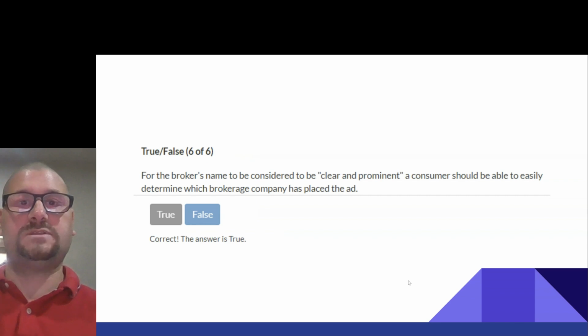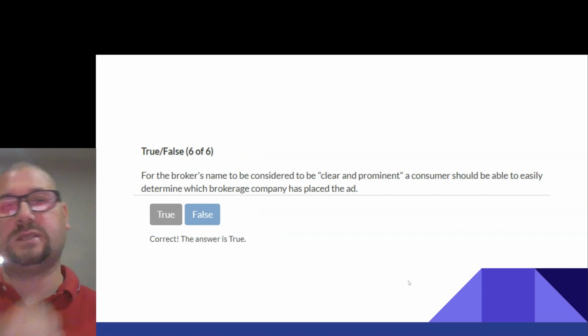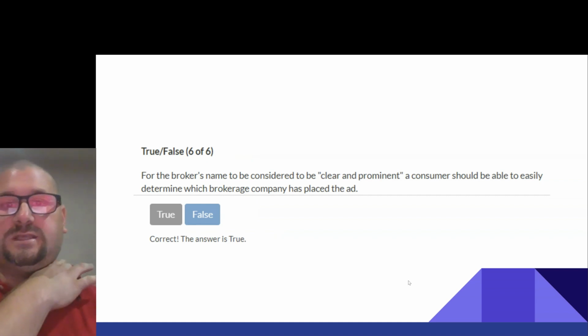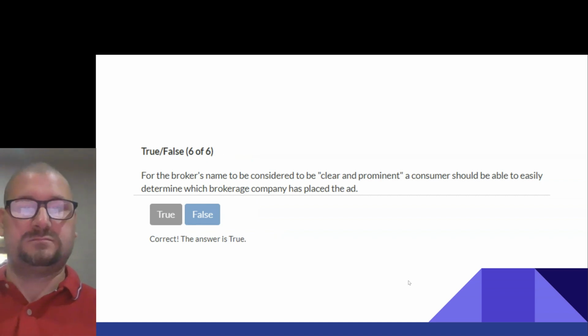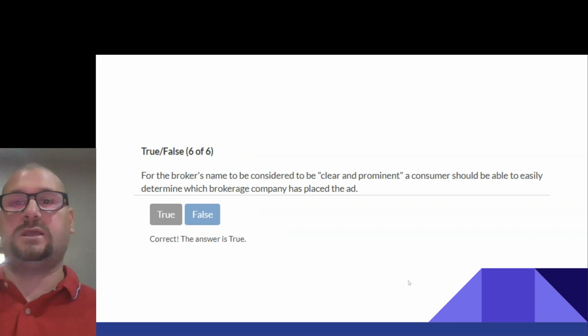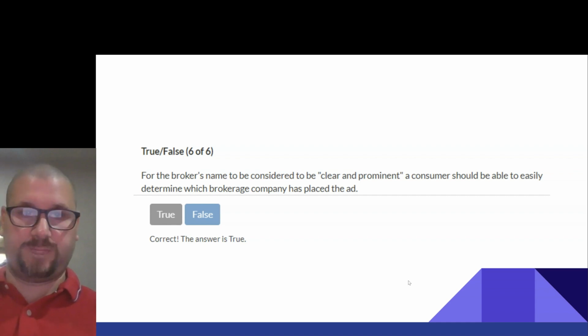For the broker's name to be considered clear and prominent, a consumer should be able to easily determine which brokerage company has placed the ad. True.